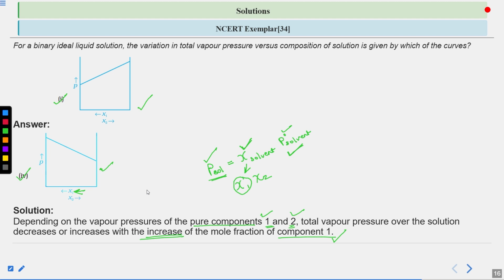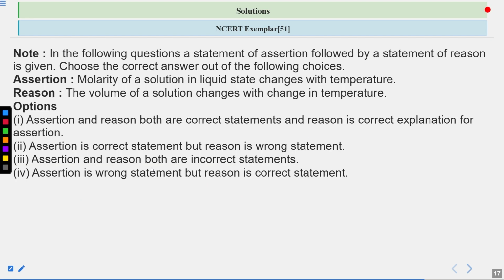Okay. Now let's move on to the next question. This question has a note first of all, which says that in the following questions, a statement of